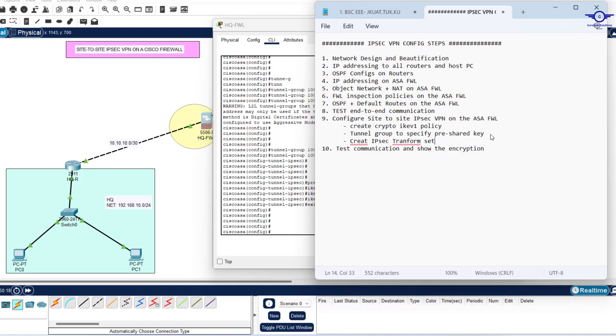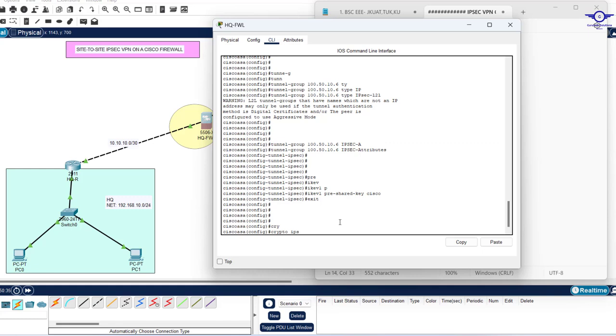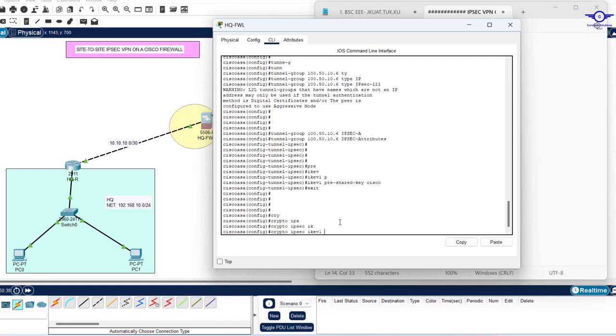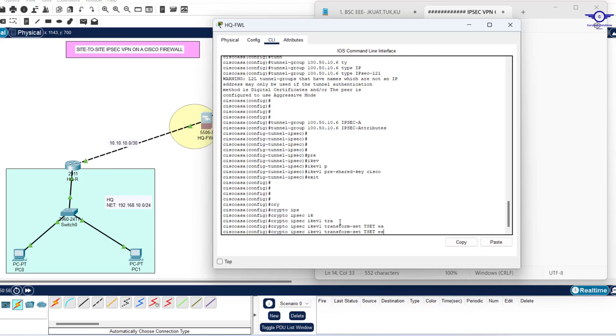you're going to use several encryption and hashing algorithms. So let me just show you. It's just a very simple command. Just one command, and you're done with the IPsec transform set. So the command that we're going to use is crypto IPsec transform-set, then it specifies the transform set. Let's give it a name, T-set. Okay, good. Then ESP-3DES